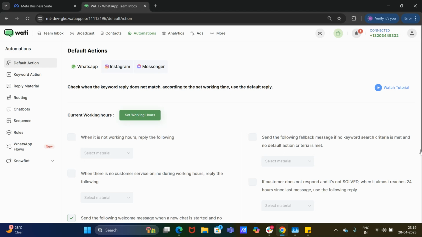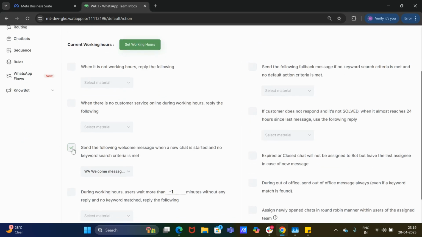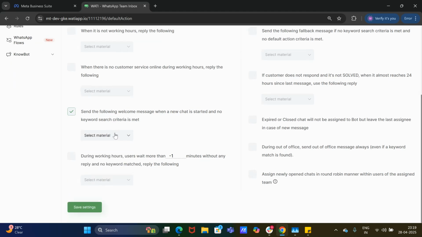So for example, say I have set up a default action here, and I'm selecting to reply as a text, and I'm just selecting save settings here. So when I have saved this default action, it will be applied uniformly to all the numbers that have been